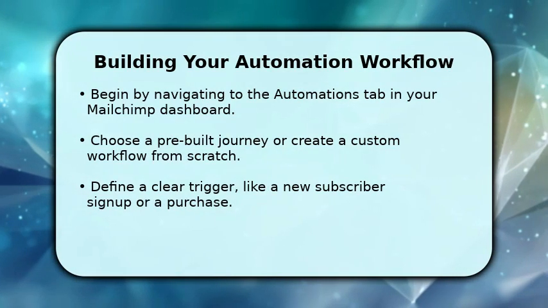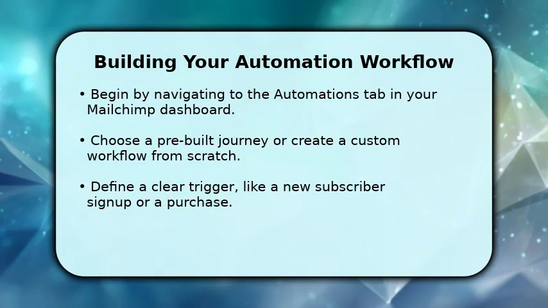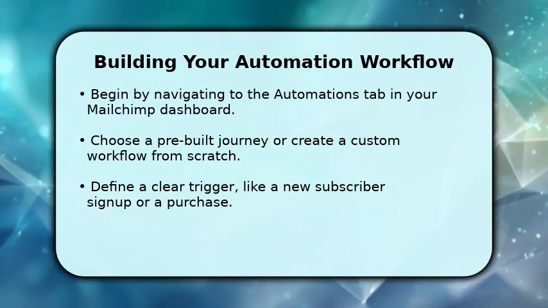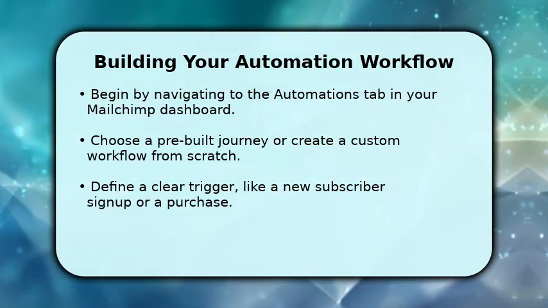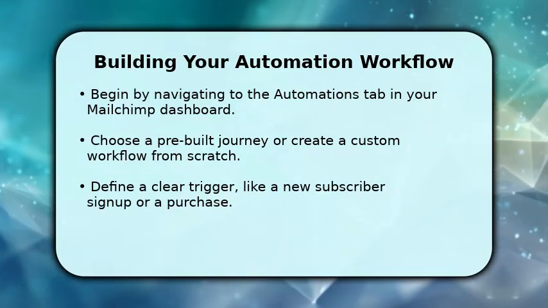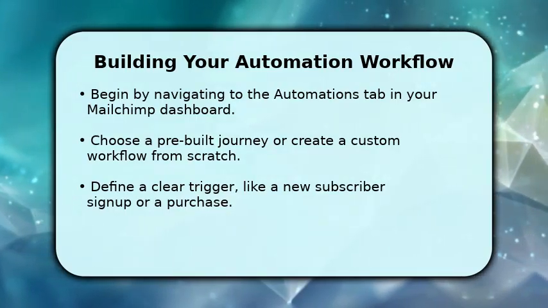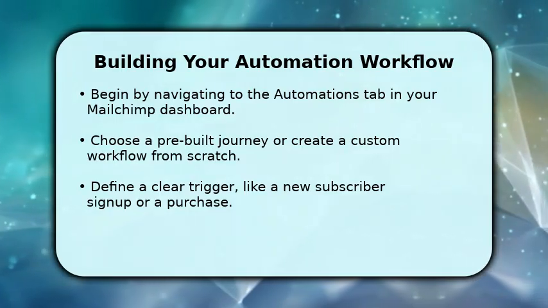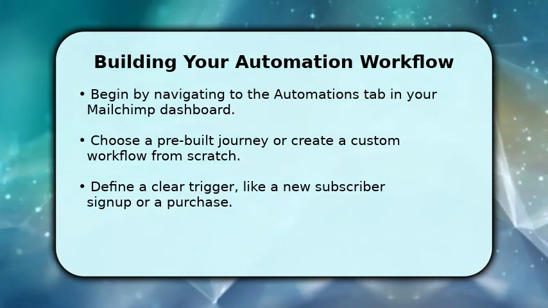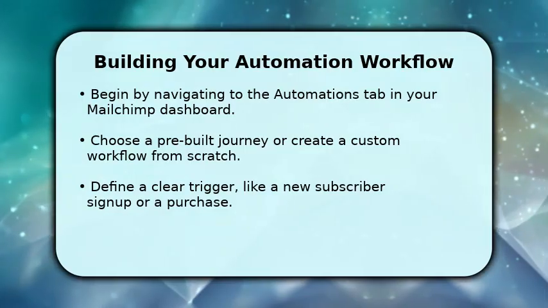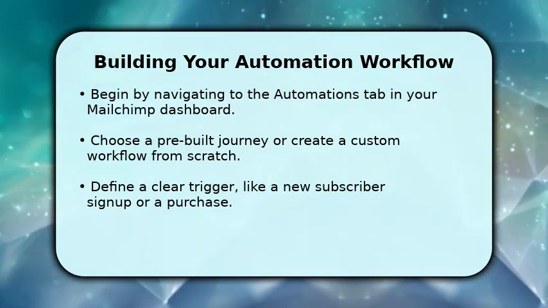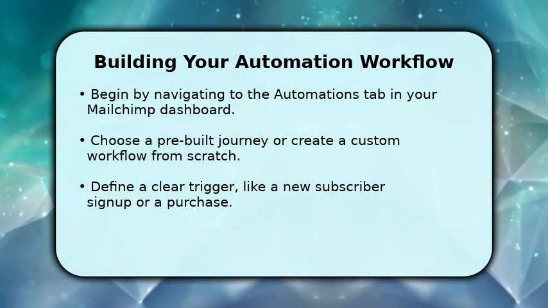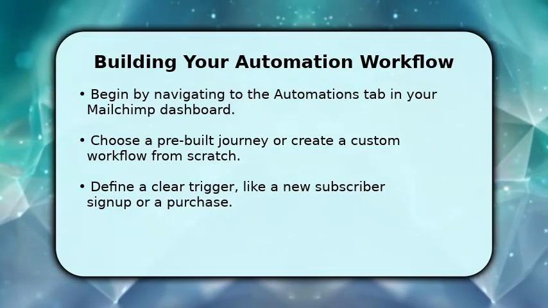To start building your automation, first log into Mailchimp and head to the Automations tab. Here, you can select from many pre-built customer journeys, such as a welcome series or abandoned cart reminders, or choose to build a custom workflow. The key is to define a clear trigger, which is the action that starts your automation, like someone subscribing to your list. Then, map out a logical sequence of emails, perhaps with a delay of 1 or 2 days between